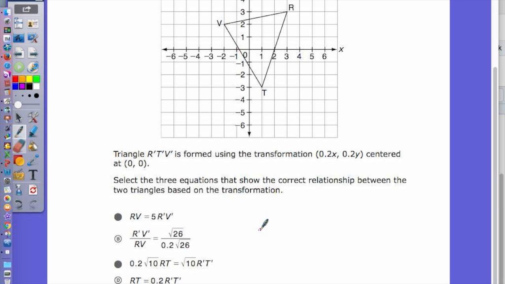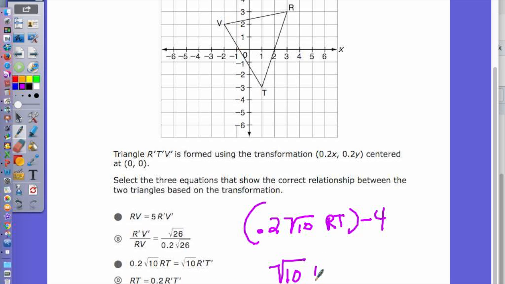So for instance, if I did 0.2 radical 10 RT, and then I did -4, then that's okay because I'm multiplying first. If I did radical 10 RT -4,